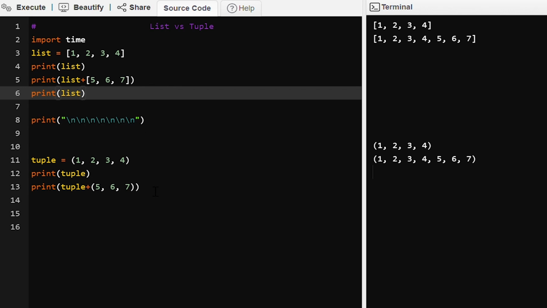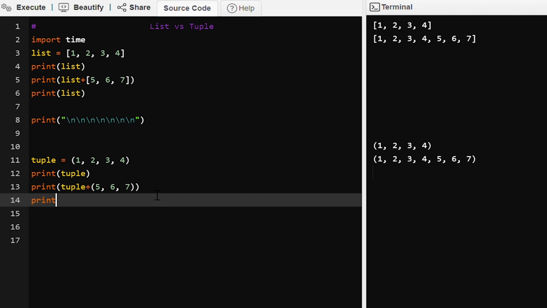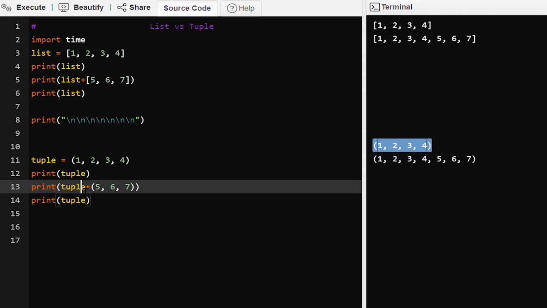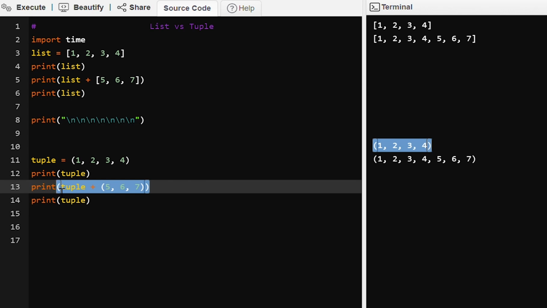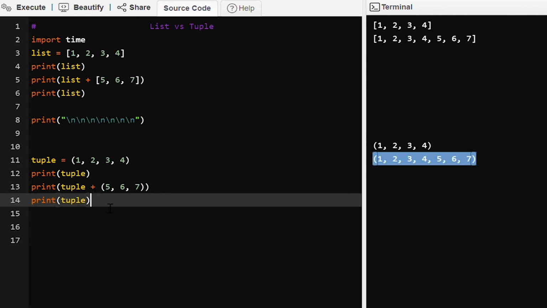And here also the tuple is not changing. We are printing the tuple, 1 2 3 4 is printed, then we are concatenating this tuple with 5 6 7. Our existing tuple is not changing. The existing tuple is still 1 2 3 4. So it is returning a new tuple. So if we run this program again,